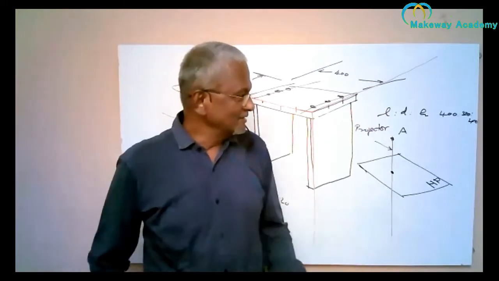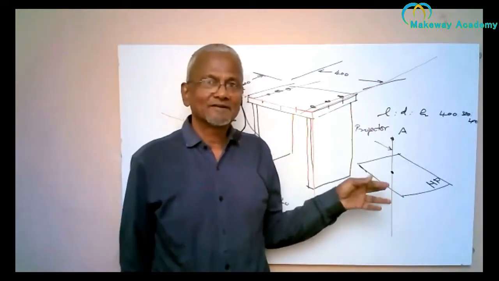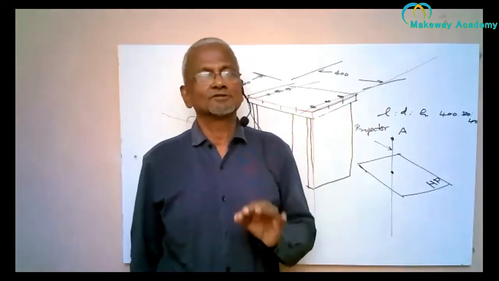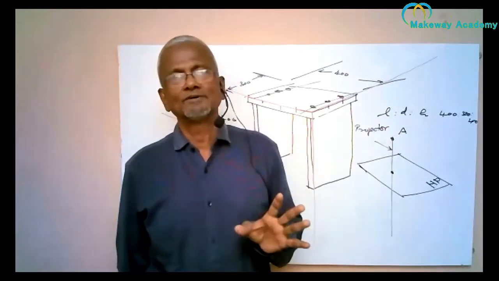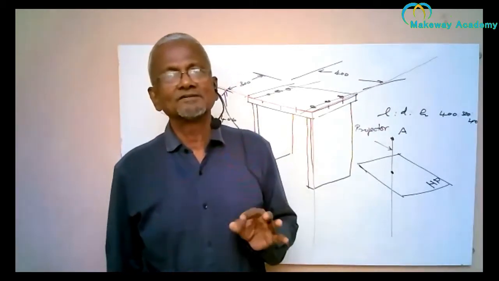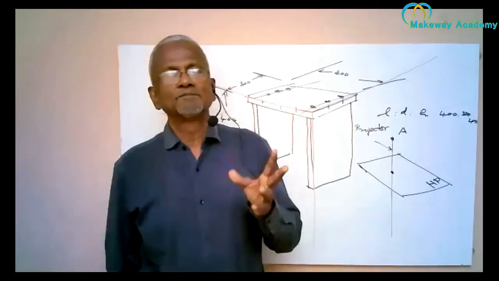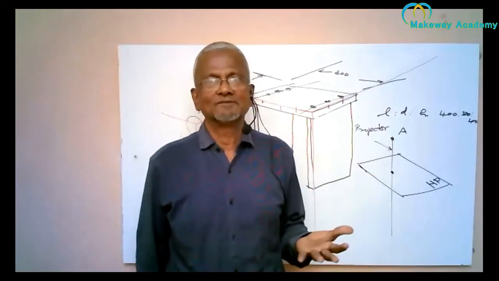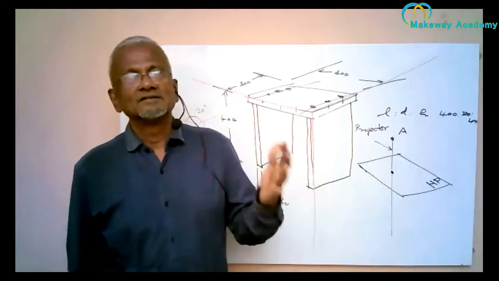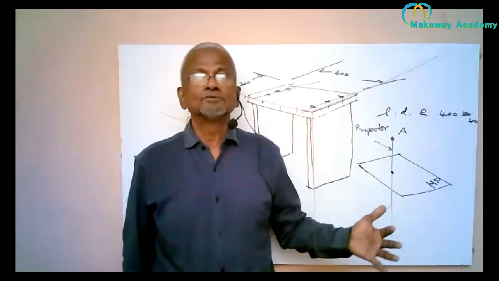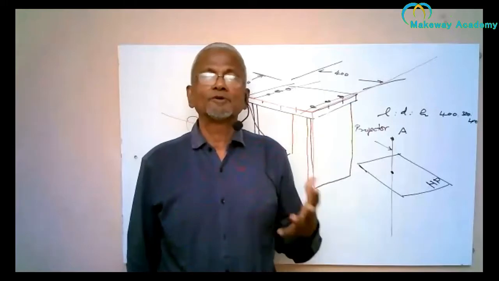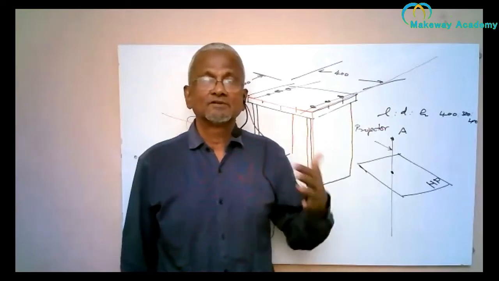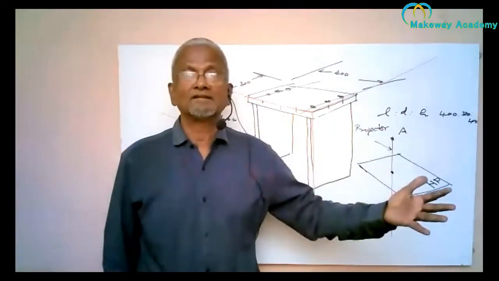Okay, Shankar wants me to repeat what I have said just now. Actually, I was telling how to project an object onto a plane. In engineering drawing, the whole concept is projection. The objects are 3-dimensional, and the drawing paper is 2-dimensional. So we have to represent the 3-dimensional object onto the 2-dimensional paper. How do we do that? We need to project. So we need to project the object onto the planes.